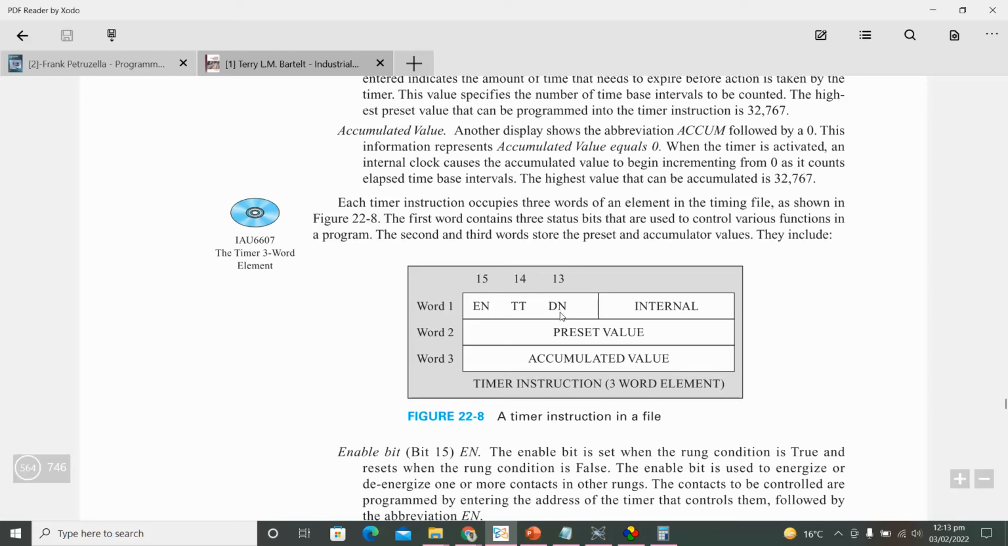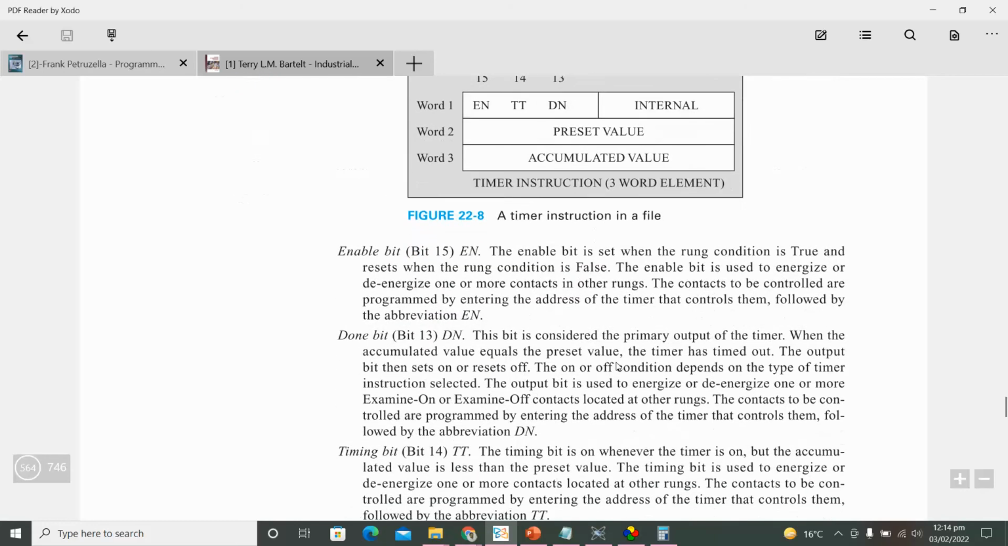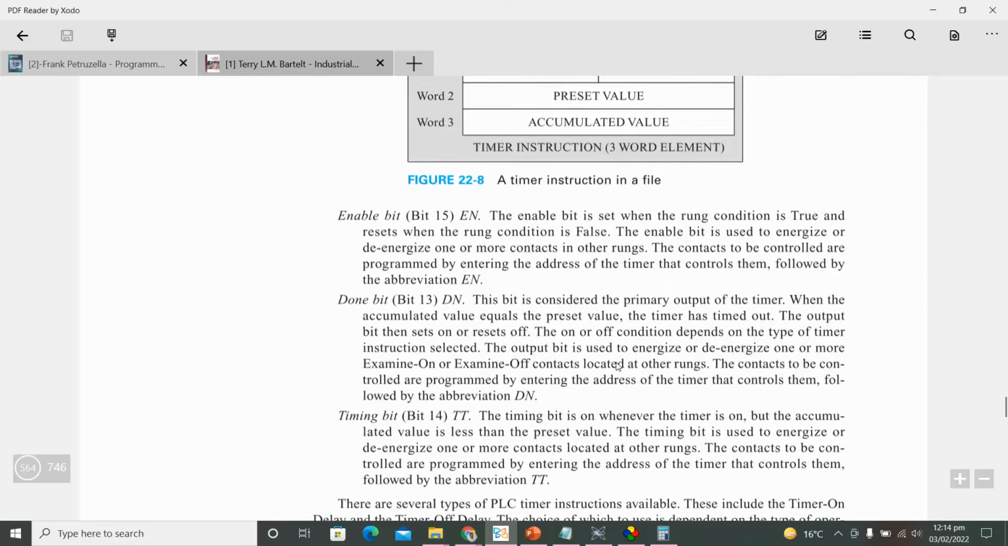बिट नंबर 13 जो है वर्ड नंबर 1 में DN बिट है, TT बिट है और EN बिट है। ये इंटरनल है, ये हमें नहीं चाहिए। प्रीसेट वैल्यू इधर स्टोर होती है, ठीक है। एक्यूमुलेटेड वैल्यू इधर स्टोर होती है। जाहिर बात है मेमोरी में कोई जगह है जहाँ पे ये वैल्यू, ये चीज़ें स्टोर होती हैं, जहाँ से हम इसको रीड भी कर सकते हैं। अब इसमें इम्पोर्टेंट जो है वो ये 3 बिट्स हैं।